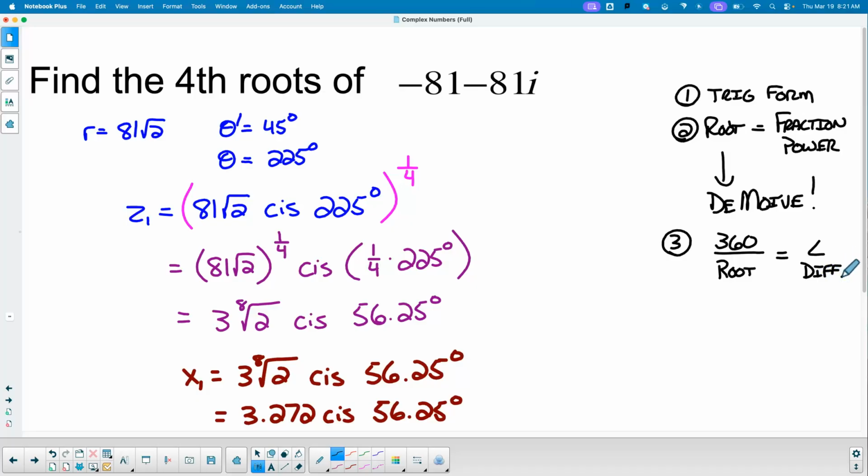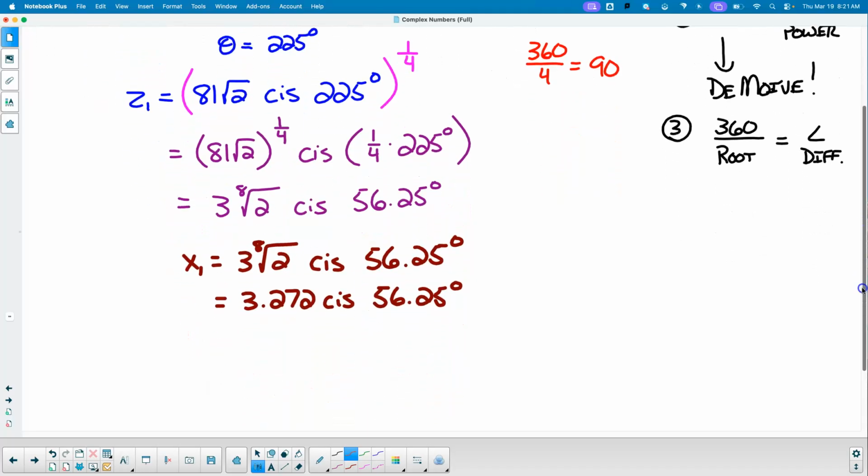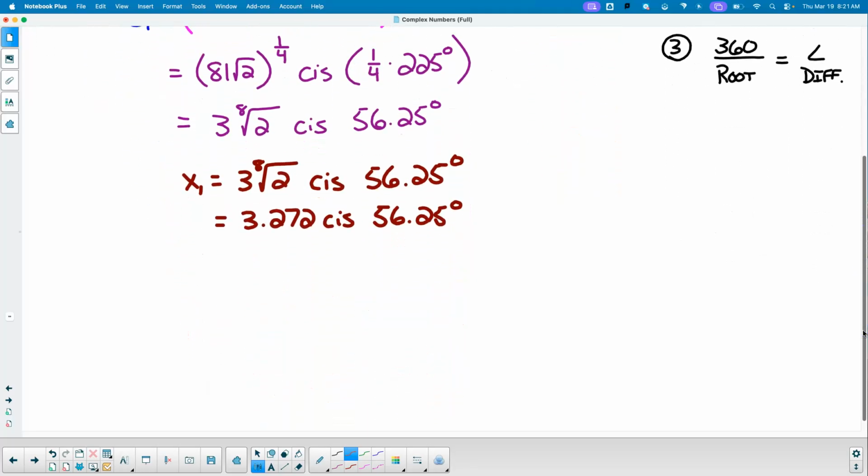So in this case, it would be 360 divided by 4 is 90. So the angle difference is 90 degrees. So my next root would be